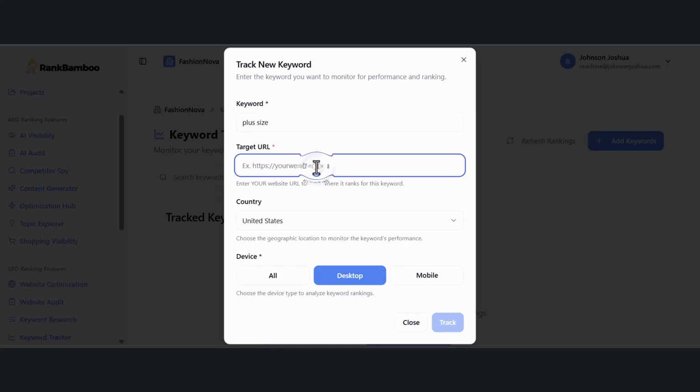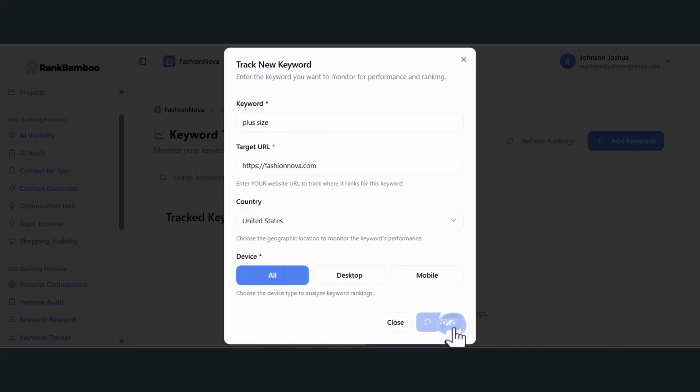And of course, my target URL, I still want it to be within fashionova.com. So I want to target all devices, so I can hit track. And our RankBamboo is going to get to work and pay attention to the key phrase plus size, or whenever traffic hits my URL. It gets me to have an idea of